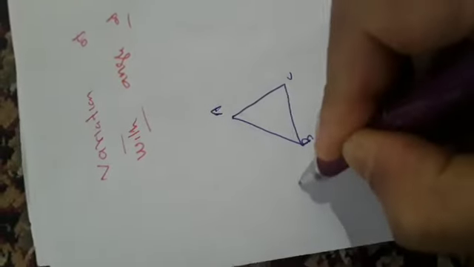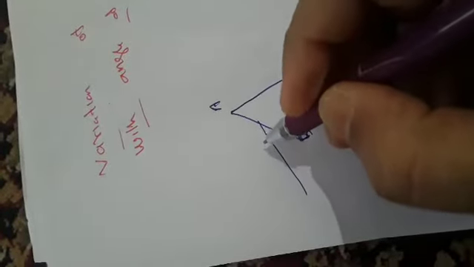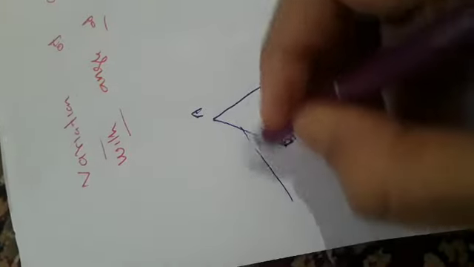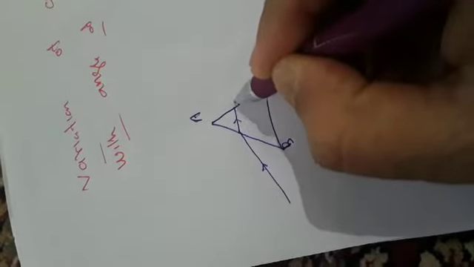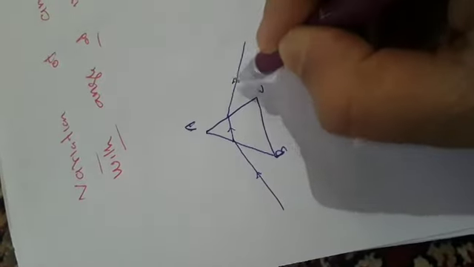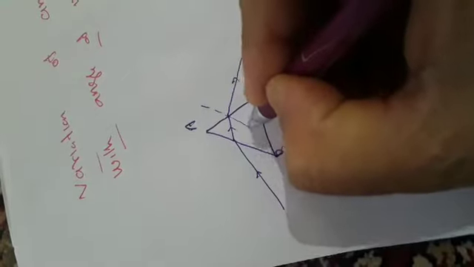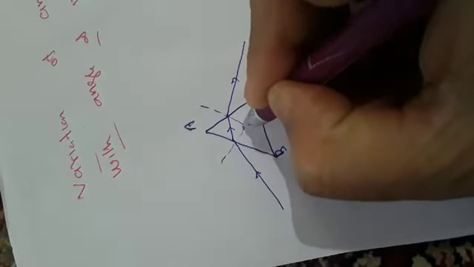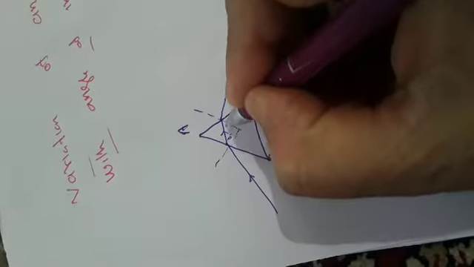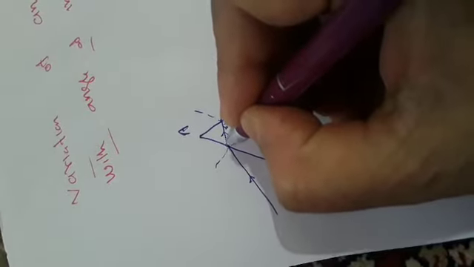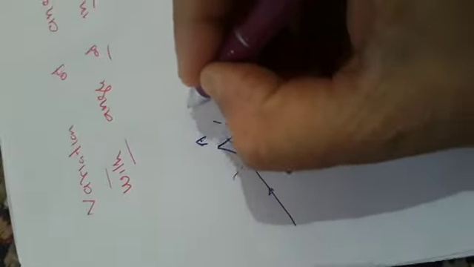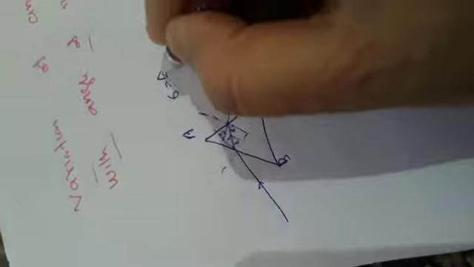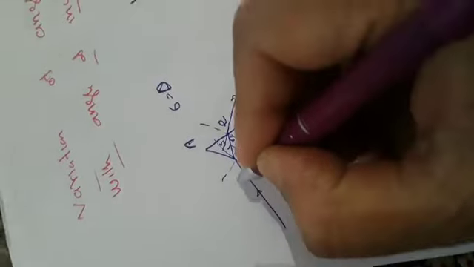Suppose this is the principal section of the prism ABC. Ray of light falling on it. Suppose this ray of light is falling on it, this is the incident ray, this is the refracted ray, this is the emergent ray. You know this. If I draw normal here, normal here, this is R1, this is R2. If you produce in the backward direction, this is the deviation, angle D. This is the angle of emergence, this angle E.